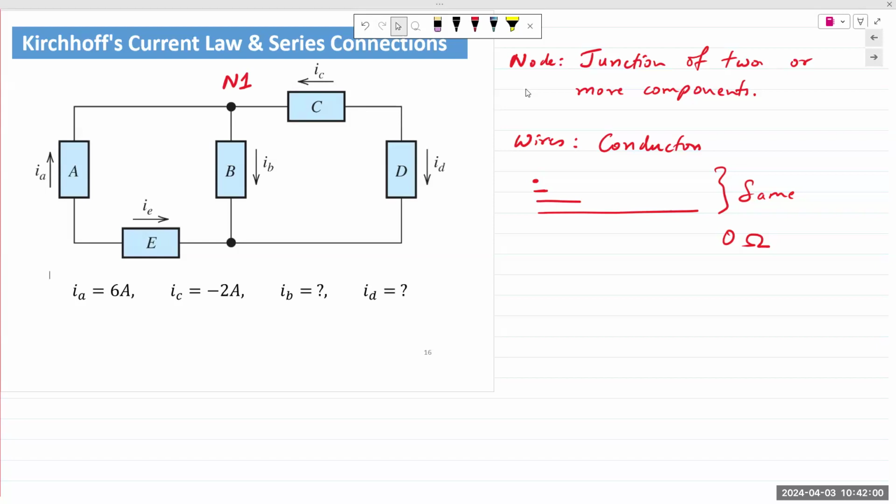Electric current is defined as the rate of flow of charge. That is one of the questions in one of the homework problems. Electric current is nothing but the rate at which charge is transferred. It's the rate of flow of charge. The unit is named after Ampere. Electric current is denoted by lowercase i or uppercase I, and the unit is ampere, or uppercase A, or amp for short.